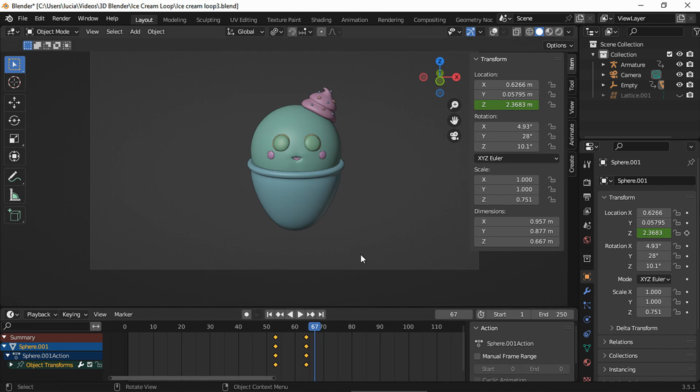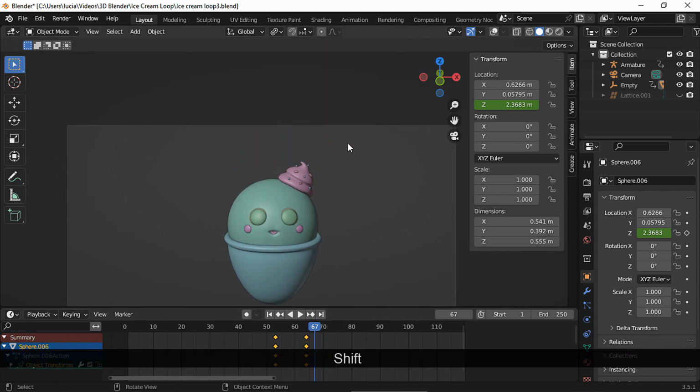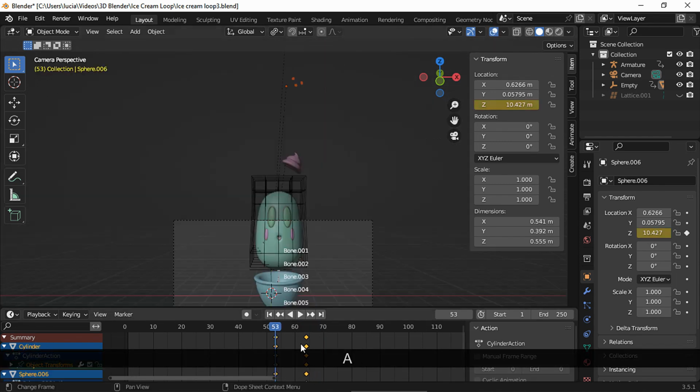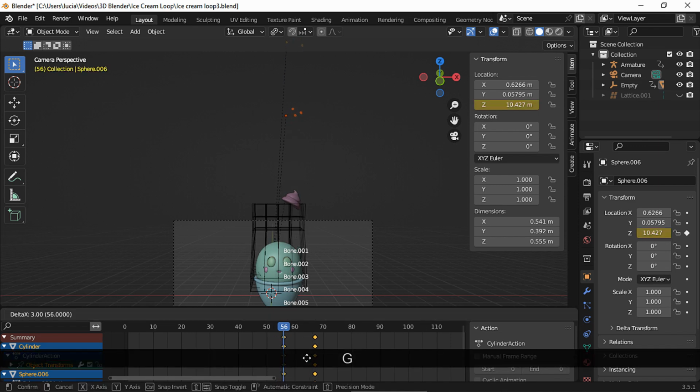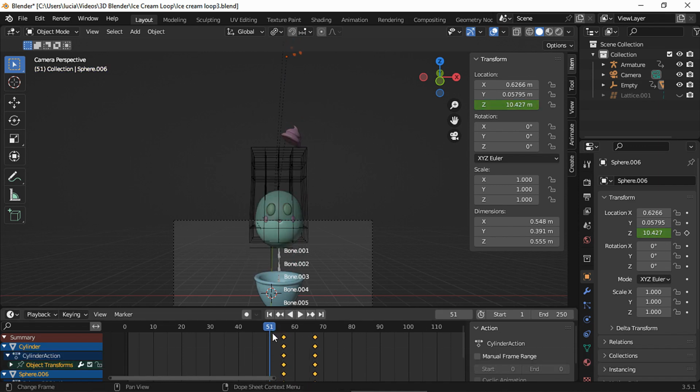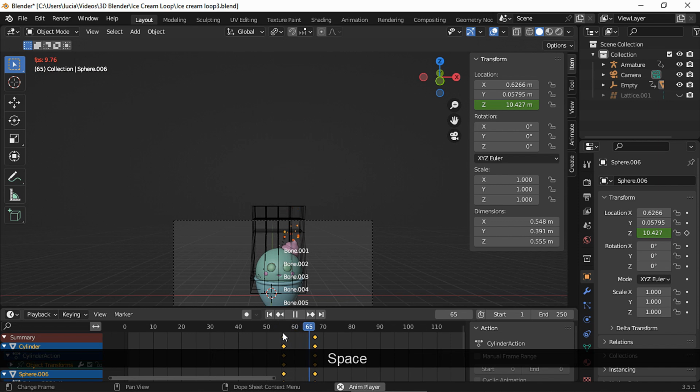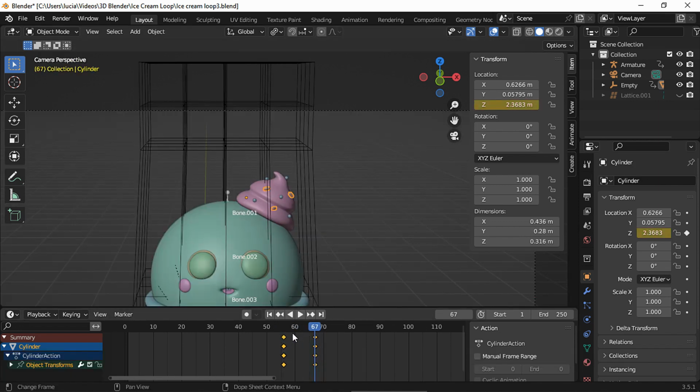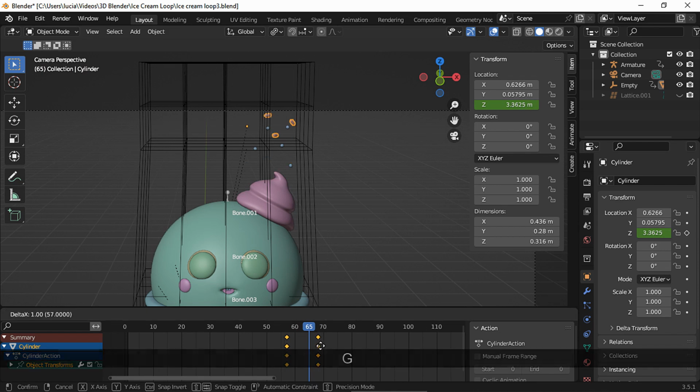Now I'm gonna move the sprinkles keyframes to frame 56. Let's see. And I actually want the cylinders keyframes in frame 58.